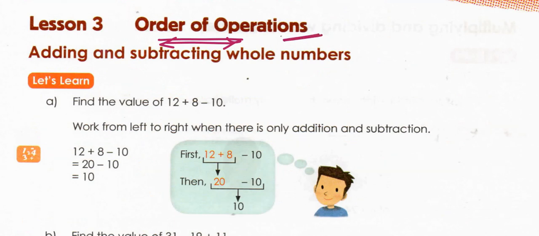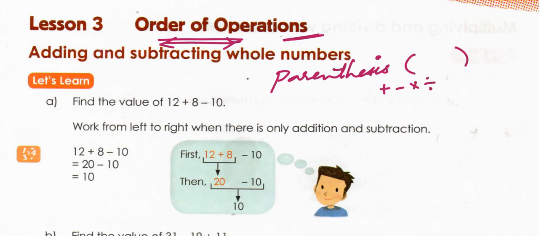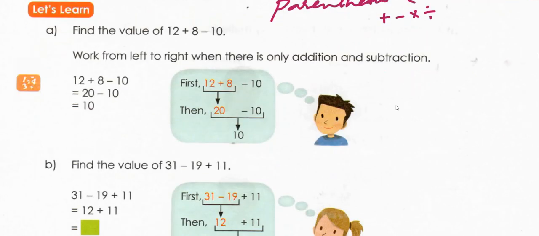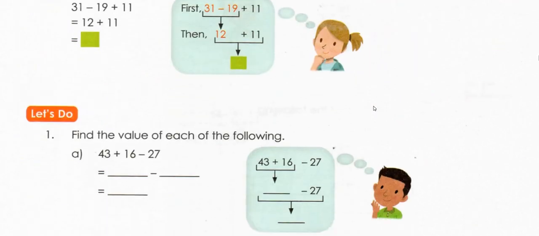Order of operations. Here you have to find even the right parenthesis also. Parenthesis means brackets, the values which are given in the bracket. How are you going to open the bracket with respect to plus, minus, multiplication, and division? These things you are going to learn. Maybe this is going to be new to you, so please don't do these problems on your own.